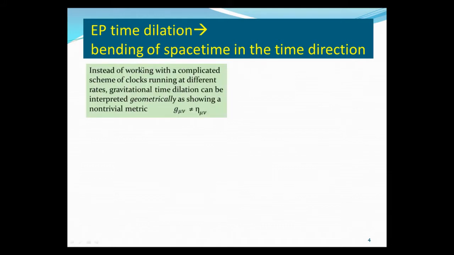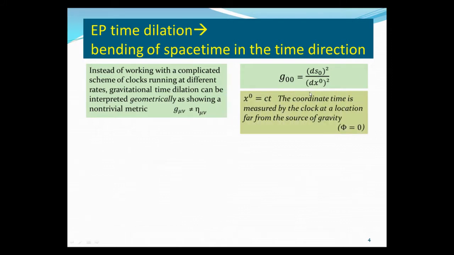So instead of working with complicated clocks running at different rates, the gravitational time dilation can be interpreted geometrically as showing a non-trivial metric. Remember, we talked about how the elements of the metric can directly relate to length measurements, ds, in terms of the chosen coordinates. So g00 ds is the length measurement in the zero direction, and dx naught is the time coordinate. dx naught is the coordinate time t, which is measured by a clock located far from